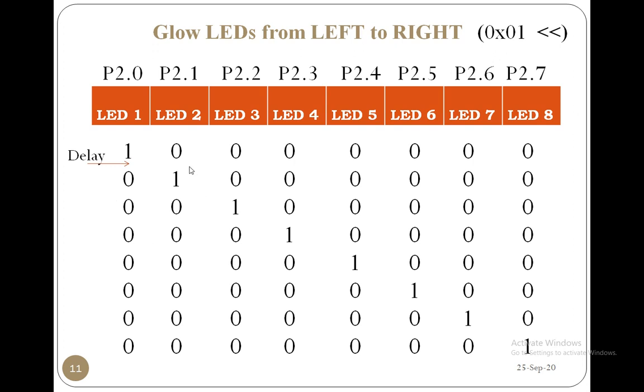So the important thing here we are using is, see just what I am doing here, I am just right shifting this one to here in the next one. So again I am shifting this one 2 times, this one 3 times, this one 4 times, this one 5 times, this one 6 times, this one 7 times here. That is, for this one I am right shifting 1 time, for this one 2 times, for this one 3 times, right? So I am just right shifting the actual data present at the very starting, right? This is the basic thing we are using here to activate the LEDs from left to right, right?